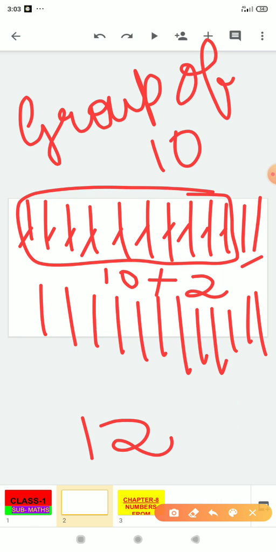Keep in mind that from 10 we start our 2-digit numbers, and we count and read the numbers in this way only. So prior to this you have to learn how to make a group of 10. That we will do earlier. Now we will begin with the book exercises.